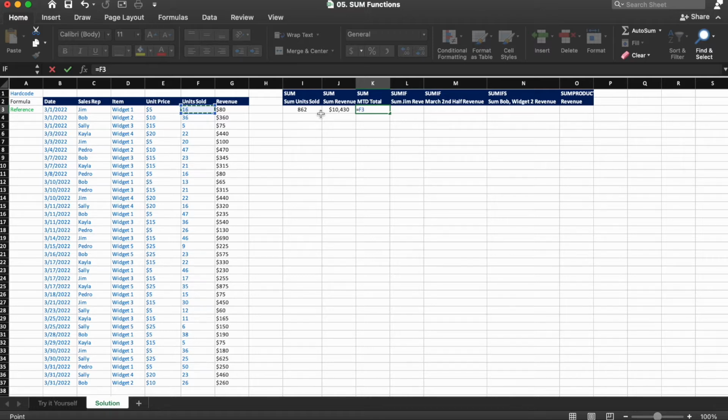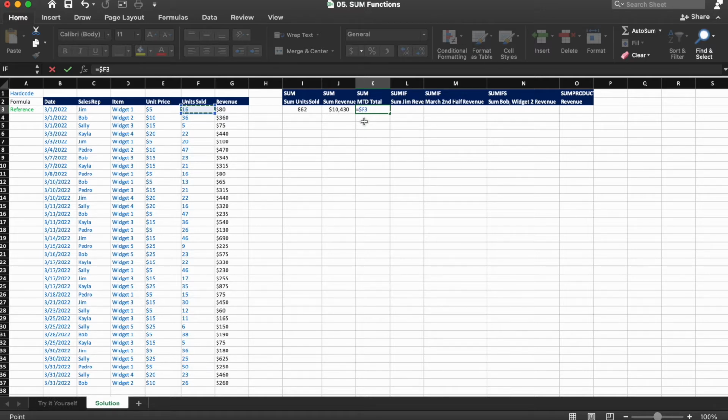F3. And so now we're in cell F3, and if you hit the F4 key on your keyboard, you will see that a dollar sign appears in front of F and in front of 3. So this means that you are locked in cell F3. Now if you hit the F4 key again, you'll see that there's only a dollar sign in front of the number 3. And that means that only the row is locked.